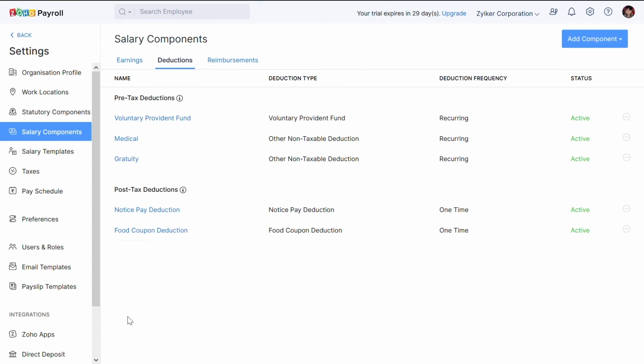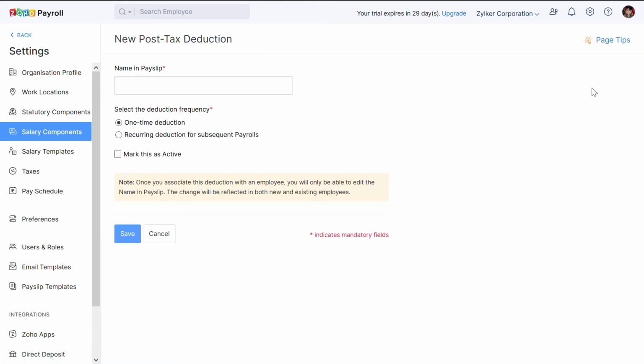At last, we have the parking rental deduction. This deduction can be termed under post-tax deduction as it does not provide any tax exemption for the employee. In order to create this component, click on Add Component again, Post-tax deduction, enter the name required, and choose it as recurring deduction.